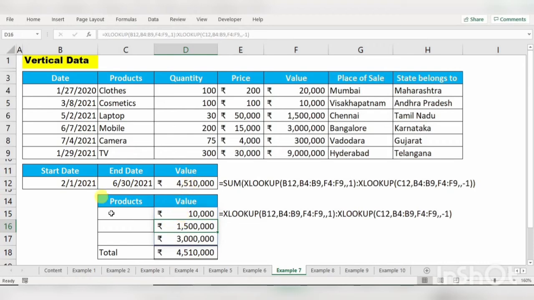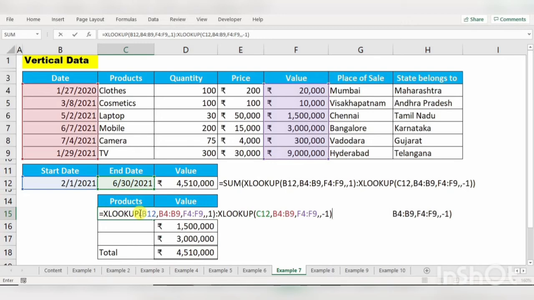If I want to know what product I have spent on for those breakups, no problem, you have to paste the same formula. Only one thing will get changed. Now for our return array we need product. So instead of value we need product. So instead of value we have to pull it to product.